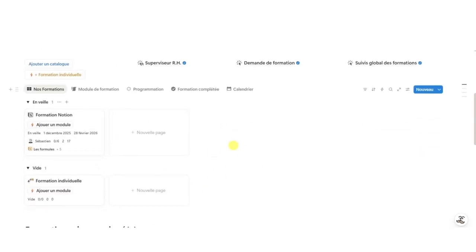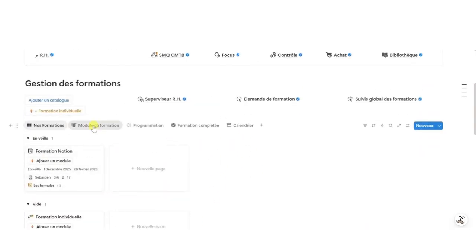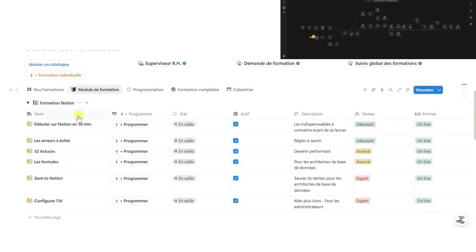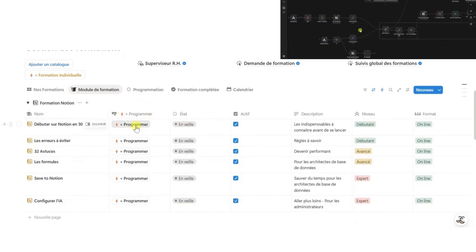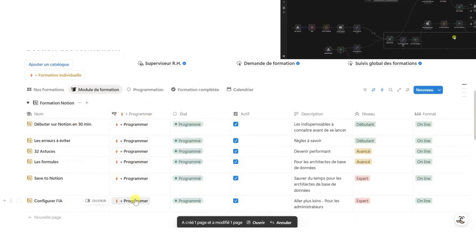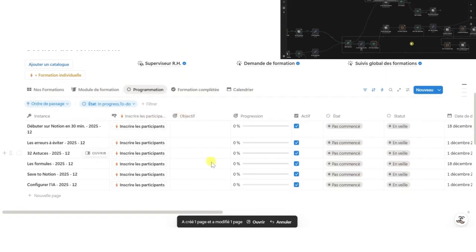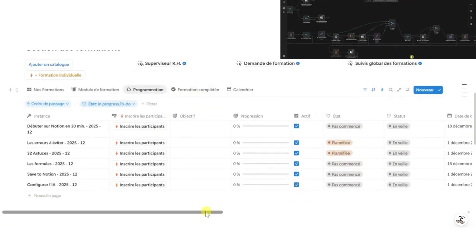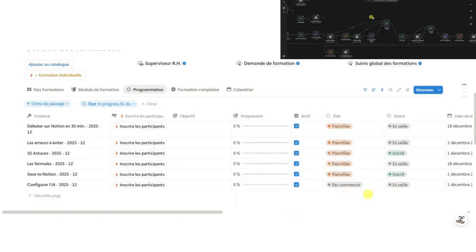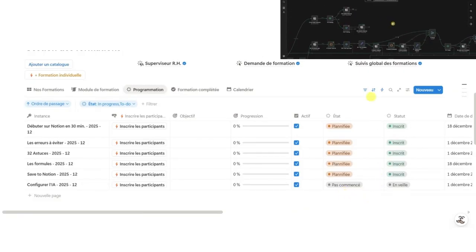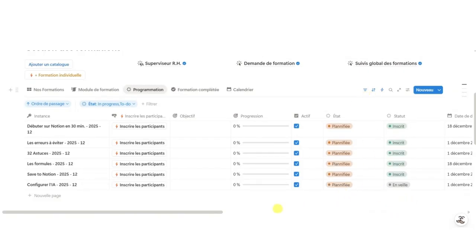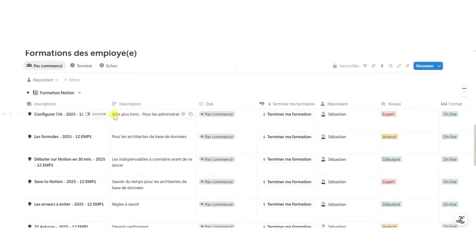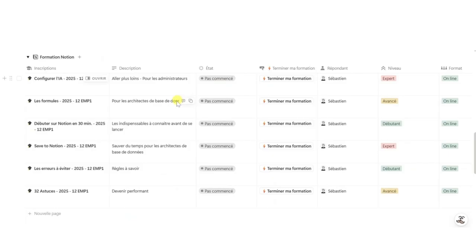When a manager clicks on the Schedule button, it automatically triggers an N8N workflow. The scenario retrieves the training course, reads the period and the list of employees concerned according to their position, then creates the planned training instances by session, month, or quarter, and enrolls each person in the right instance. The result: the annual schedule is ready, managers are assigned, dates and reminders are set, and progress is updated in